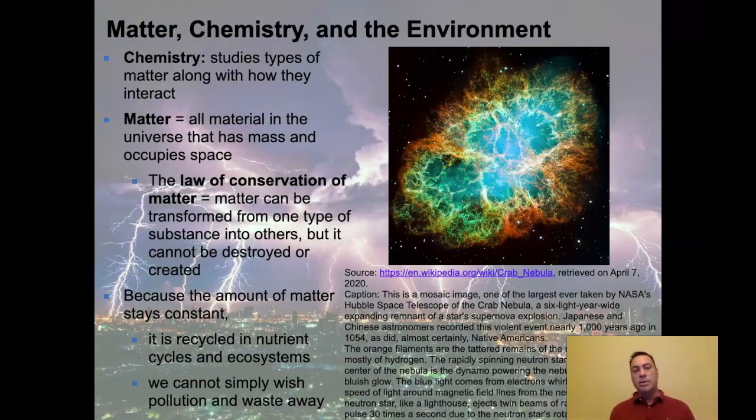But the law of conservation of matter basically says that if you have something that is of some amount of mass and you distribute it in some complicated way, all you're doing is simply taking that mass and moving it out somewhere else. You're not destroying it. You're unable to destroy it, but you can convert it into other things.